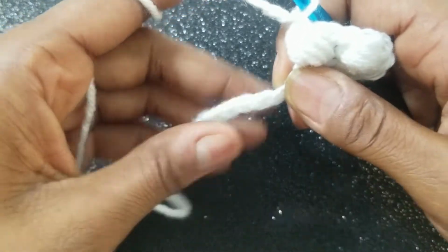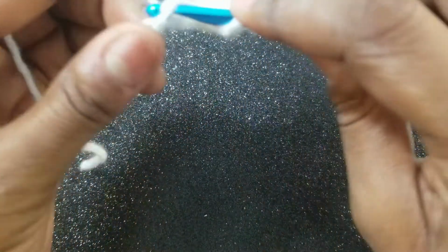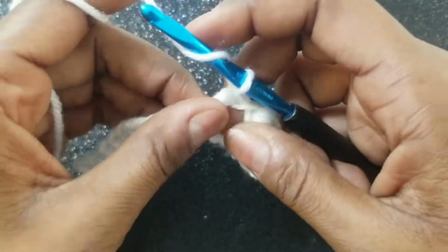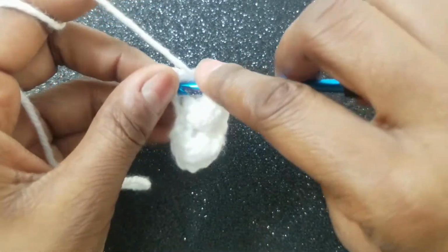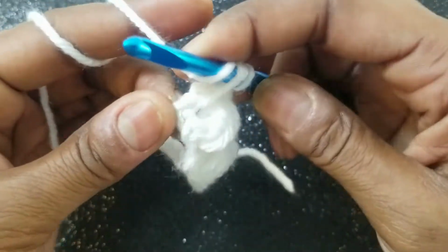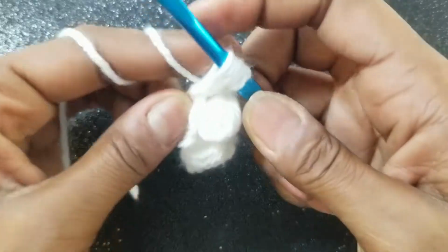So we're going to repeat that to the end. Skip this next chain, go into the one next to it with a double crochet, yarn over, go into that chain that you skipped. It won't be so difficult once you get off the foundation row. Once you get it in that first time, it's a little bit easier to go back into that stitch. 2,